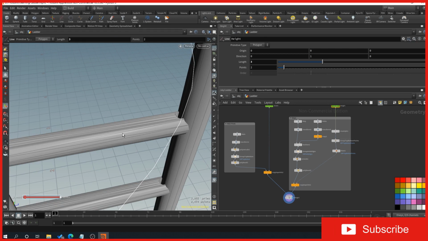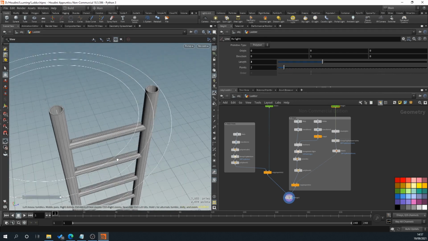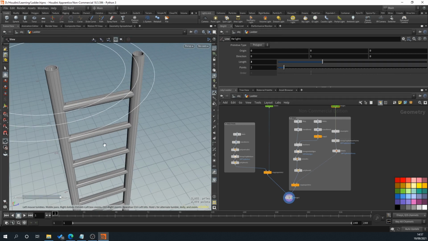I believe if you exported a boolean in the state it was in before we added our remesh, when it goes into other programs it turns out really badly. We've used a quick remesh here. You could re-topo manually if you wanted to, but obviously the purpose of Houdini is to try and create things procedurally on the fly without having to do that. Obviously we want to be able to use this in the future in games or in film or whatever you're trying to learn it for. So in the next tutorial, we'll be adding our little bits of weld and then some textures to it,